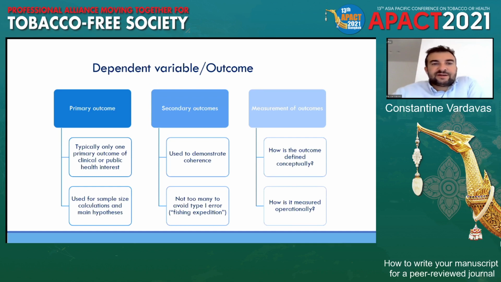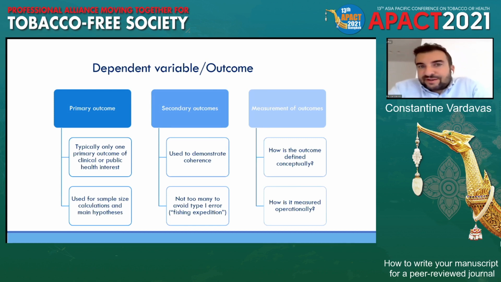Now, when you have outcomes, without going into too much detail because this slide has a lot of information, you want to assess what your primary outcomes are. For instance, if you look at successful smoking cessation, you want to see how you're defining smoking cessation. Is it smoking abstinence? Are you measuring carbon monoxide? Is your primary outcome exposure to secondhand smoke? So how are you measuring this exposure? Is it PM 2.5 in indoor air? Is it self-reported exposure? Is it saliva or blood or urine protein? Is it nicotine? What is your outcome?